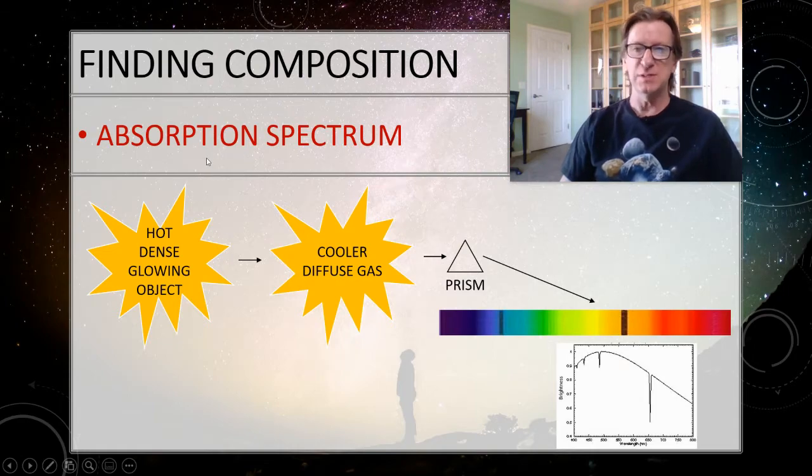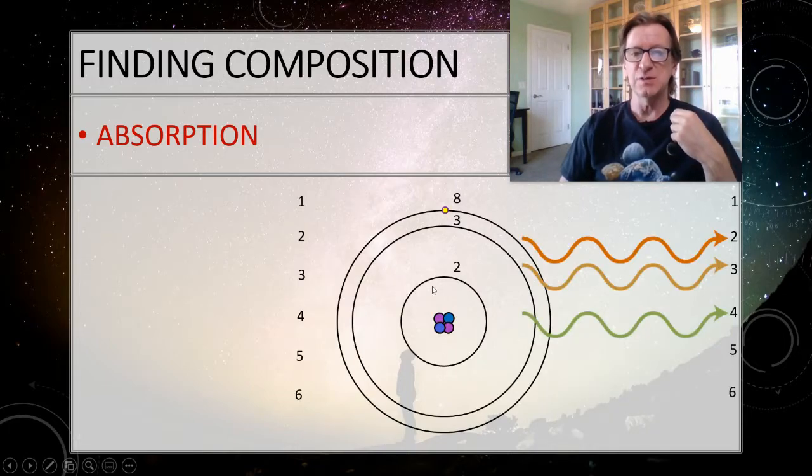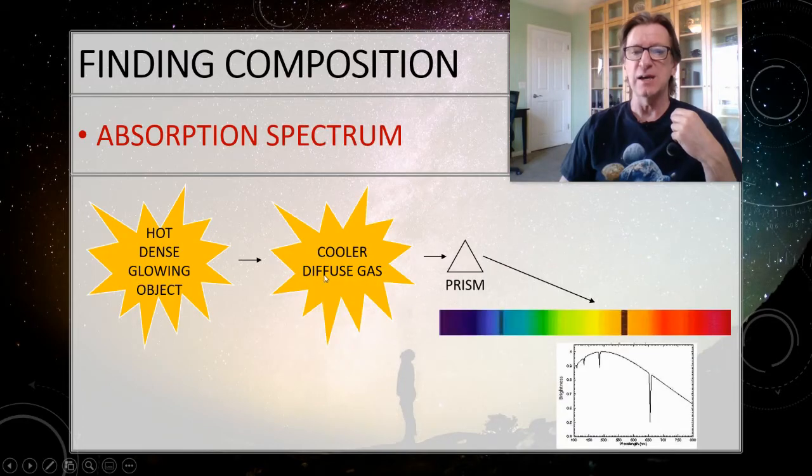So an absorption spectrum is when it absorbs the photon. To produce that, I have to have this hot, dense, glowing object. Remember, what kind of spectrum is that going to produce? That's going to be a continuous spectrum. So here's the rainbow. When that light shines through a cooler, lower density gas, just like we saw here, then that gas eats the photons that it can use, only the ones that it likes. The rest of them, it just lets pass right on through. So there's only going to be a few that it likes. So that's producing this absorption spectrum. So an absorption spectrum is always a rainbow with black lines.